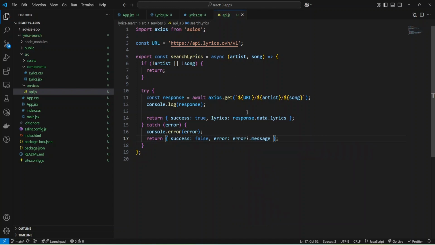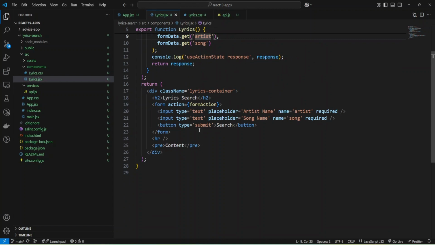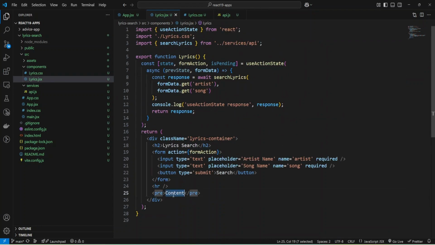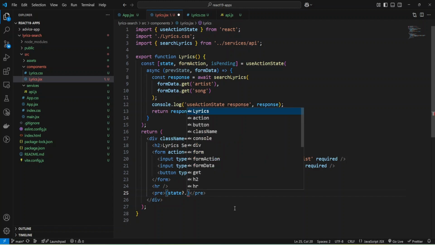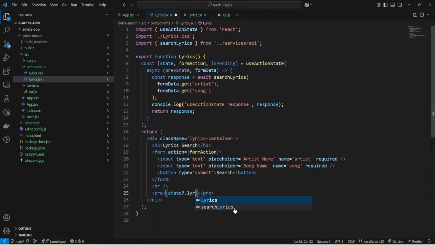Okay, and now we need to adjust our code in lyrics, and instead of the content word, I'm going to use my state from useActionState, and I'll check if state is not empty, and we'll provide lyrics. And also let's handle the error.